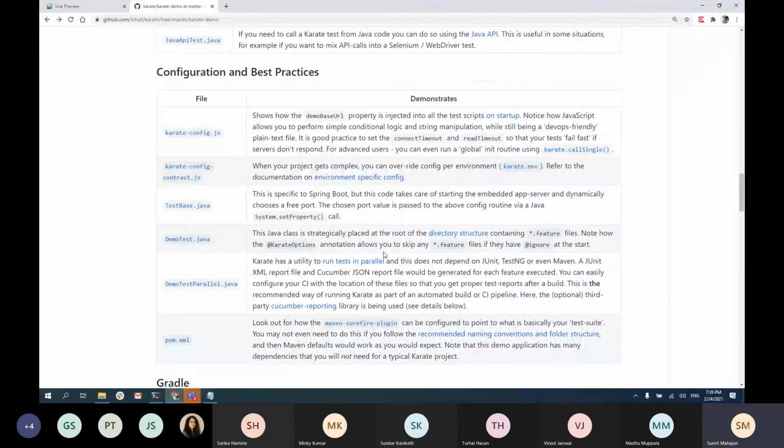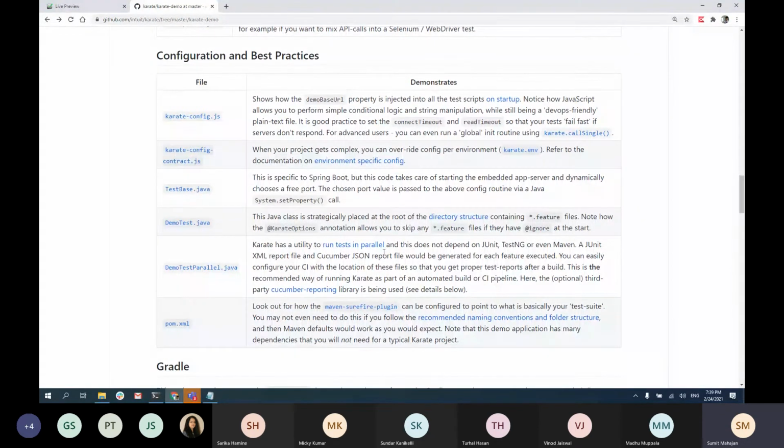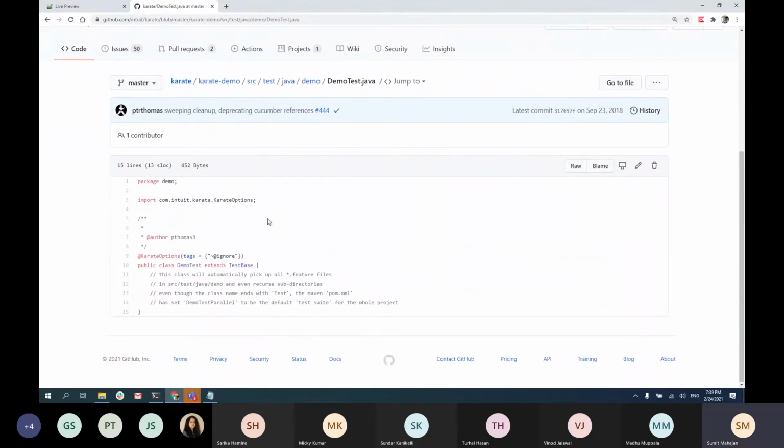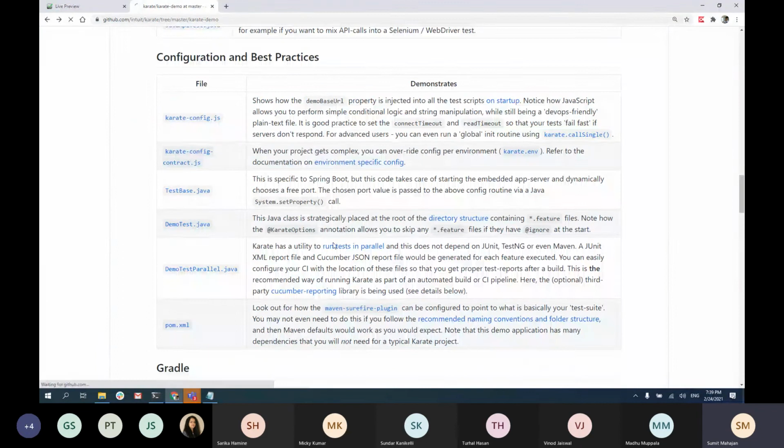Moving on to some of the best practices. When you look at the demo test.java, you created a test base where you're writing all your configurations, right?